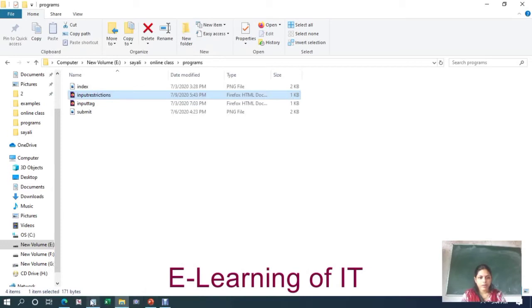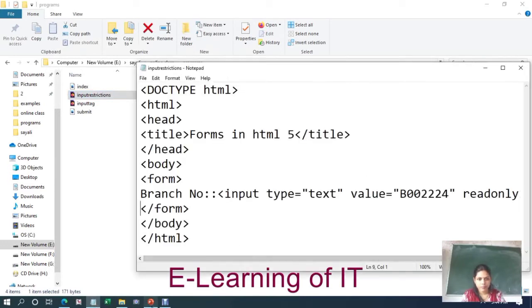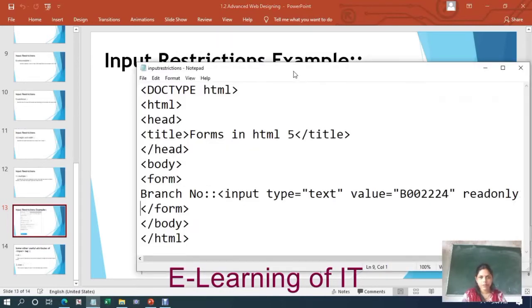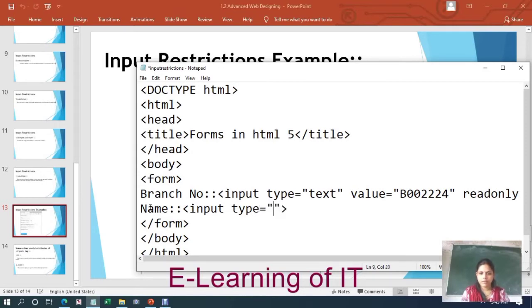Next we will again come back to the program. Next field is a name. So for a name we can give a label as name. Then specify input type is equal to text again.